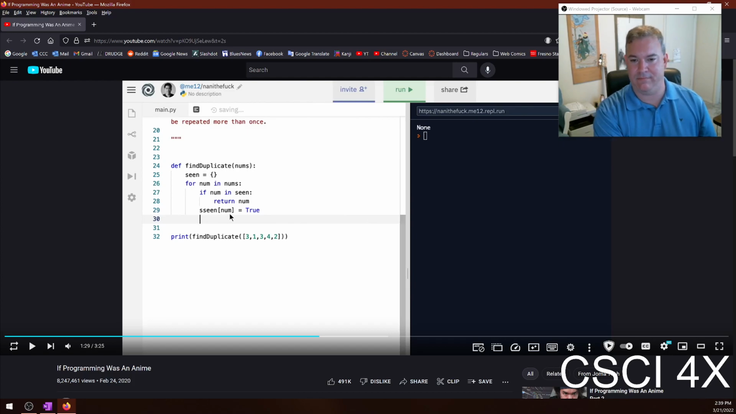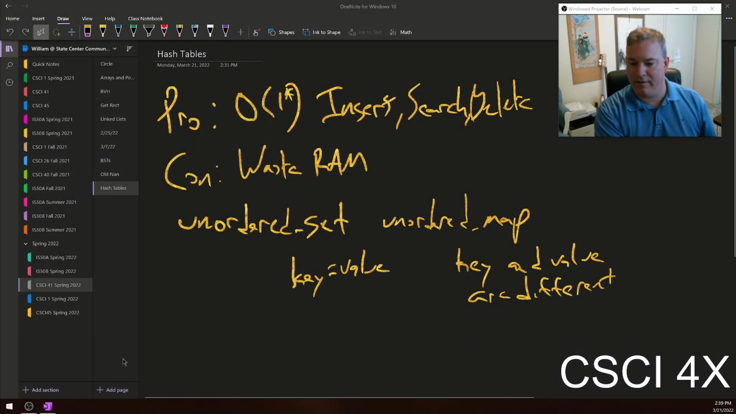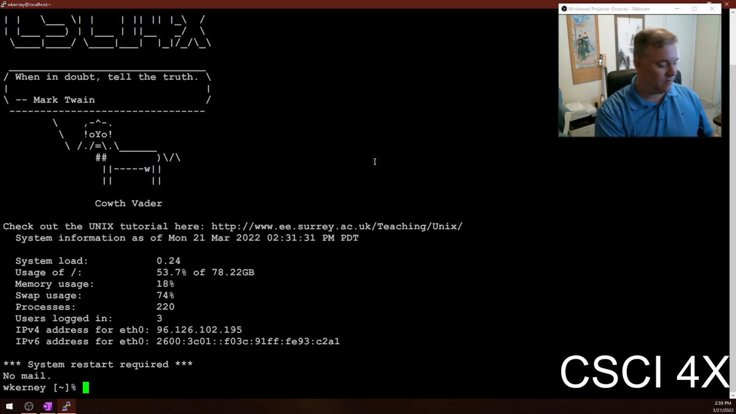So if you are looking at the number 420, it goes to the associative array slot 420 and sets that value to be true. So the key is 420, the value is true. And then it just checks the set over and over again. And if you ever get a duplicate, boom, you're done. So that's that. If you want to see that implementation in C++,